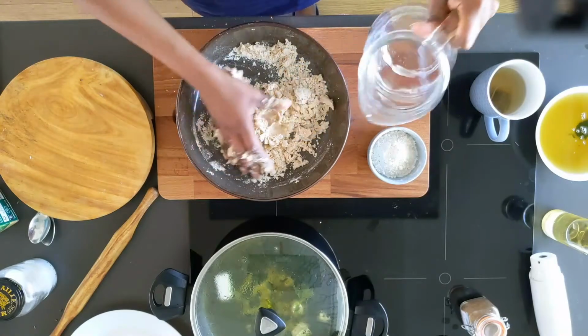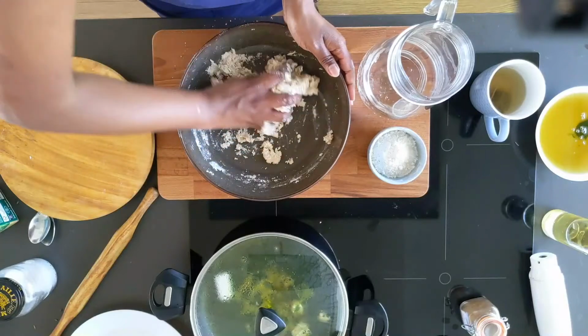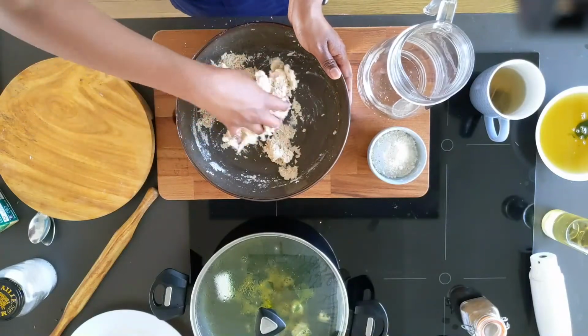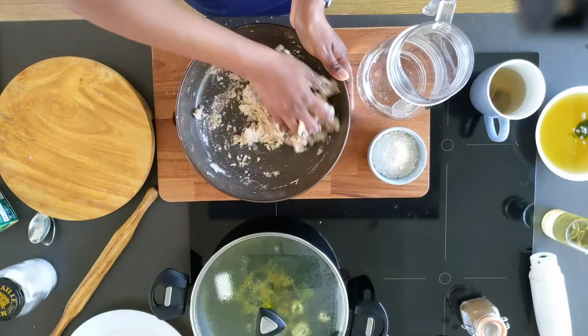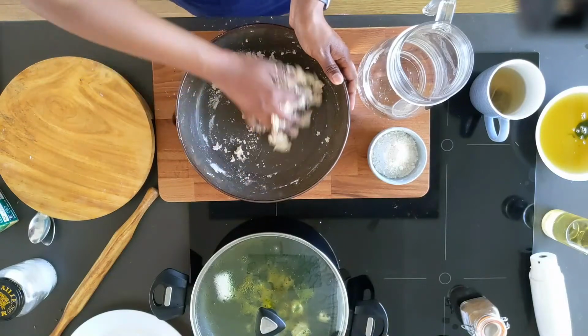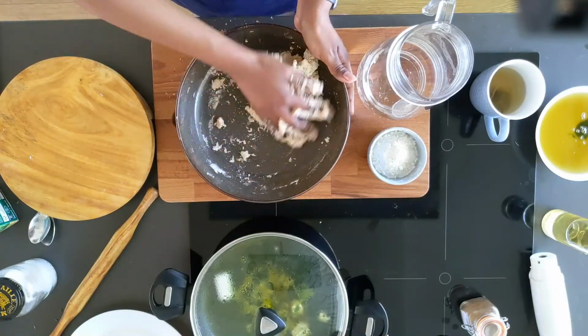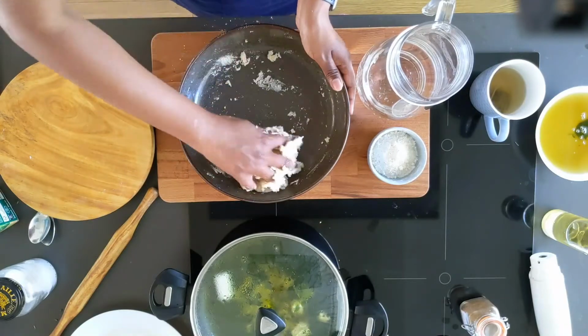So I've taken a little more water. Always take water in increments, never too much, and keep kneading it. If you knead it really well is when you are actually stretching the gluten, and that's going to make it a good